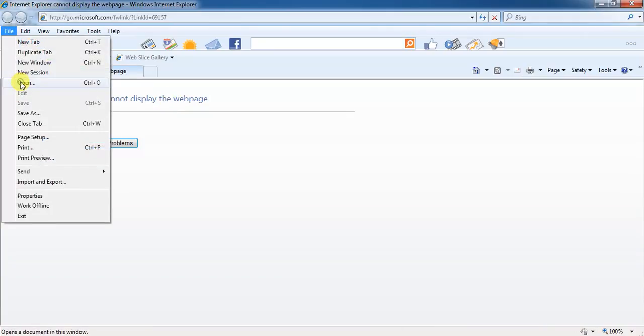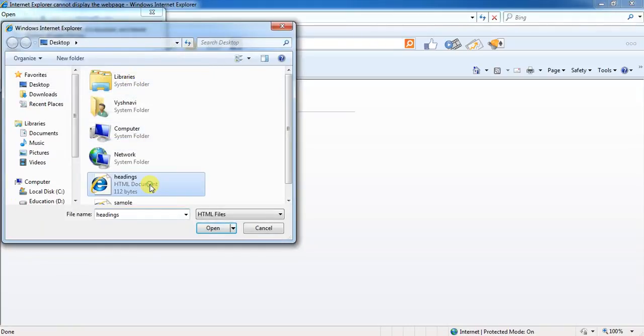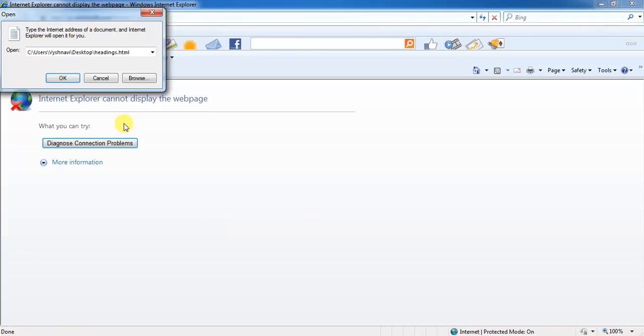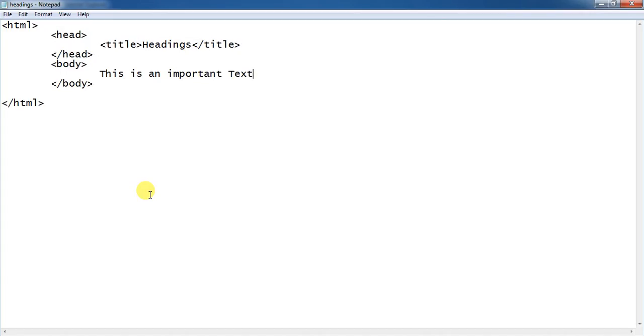File, open it, browse the program where you have stored headings, click on open and click on OK button. Now you see the text written in the body part of my HTML program has been displayed on the web browser.